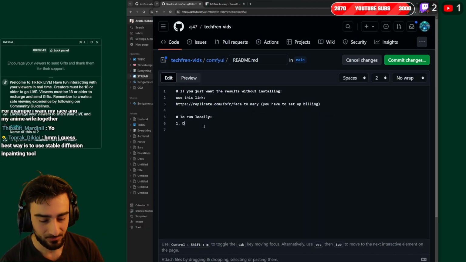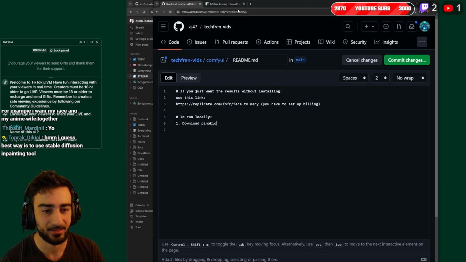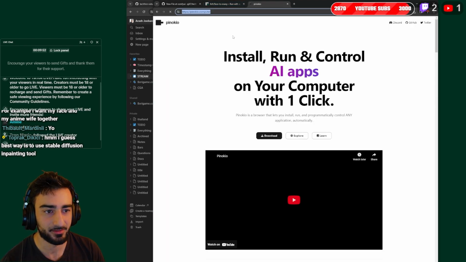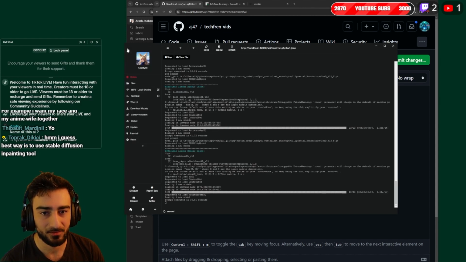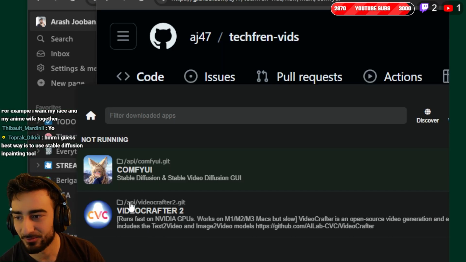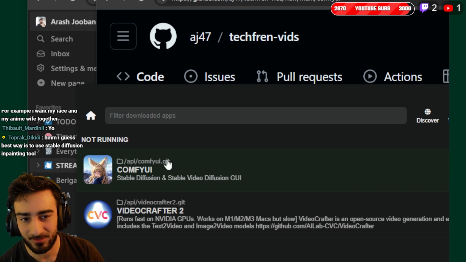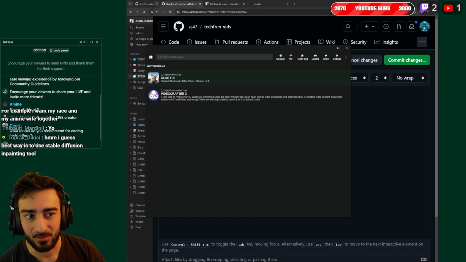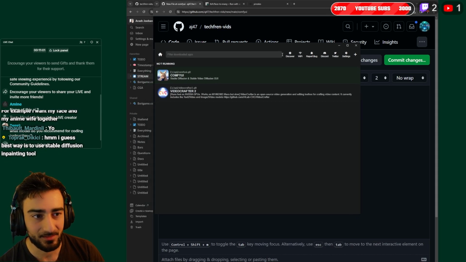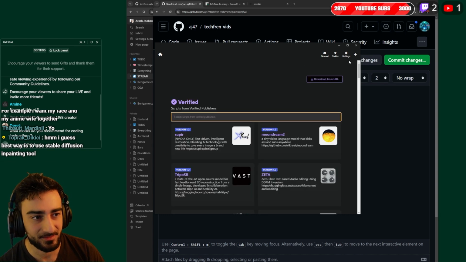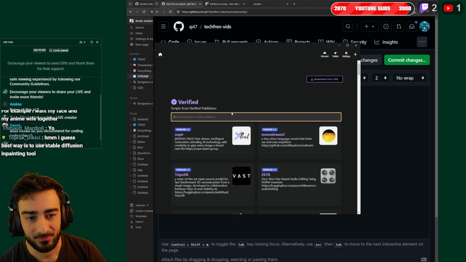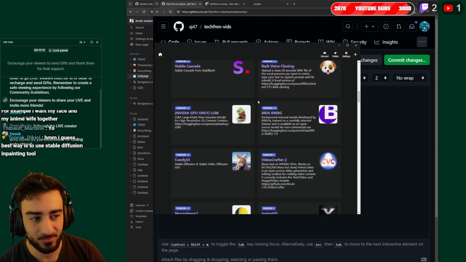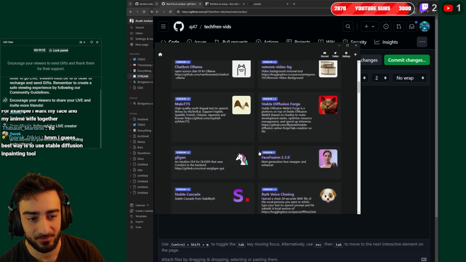Step 1. We're gonna be using this tool called Pinokio, and you can get that at pinocchio.computer. Okay, here. This is Pinokio. When you open it, I have two projects here. ComfyUI, this is the one we're gonna be using, but essentially you can browse a whole bunch of AI projects with the Discover tab. Sorry, there's this Discover button. If you click the Discover button, you can see a whole bunch of AI projects you can download and run